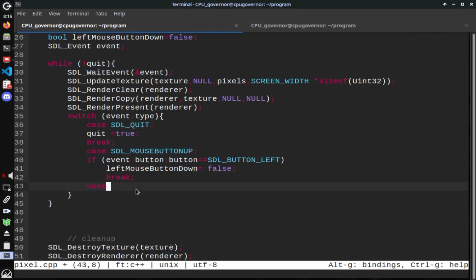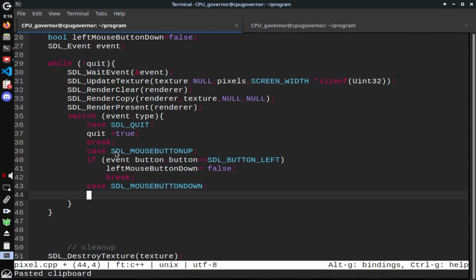Now we're going to check for mouse button down. So just paste it here, Ctrl V, and this time we'll say mouse button down. So case SDL mouse button down,